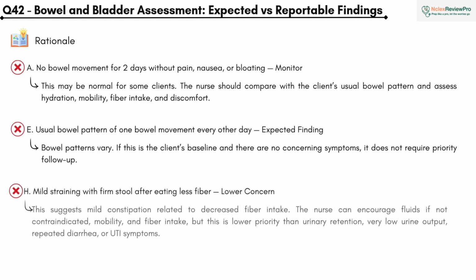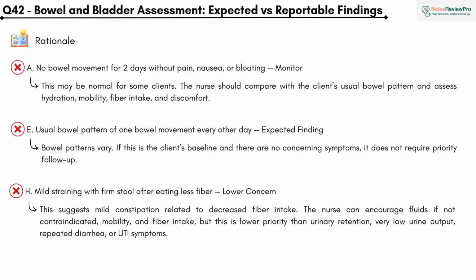Now let's look at the findings that are not included in the priority sequence. Option A is not the priority. No bowel movement for 2 days without abdominal pain, nausea, or bloating may simply need monitoring. The nurse should compare this with the client's usual bowel pattern and assess hydration, mobility, fiber intake, and discomfort. Option E is an expected finding. A usual bowel pattern of 1 bowel movement every other day can be normal for that client. Bowel patterns vary, so if this is the client's baseline and there are no concerning symptoms, it does not require